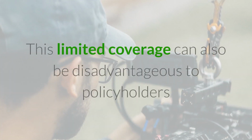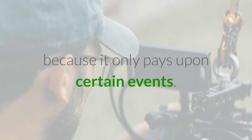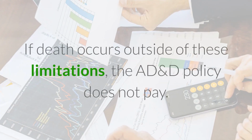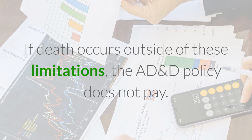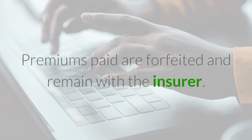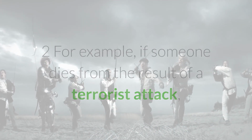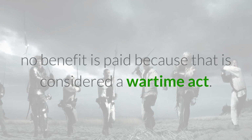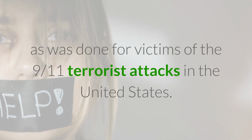This limited coverage can also be disadvantageous to policyholders because it only pays upon certain events. If death occurs outside of these limitations, the AD&D policy does not pay. Premiums paid are forfeited and remain with the insurer. For example, if someone dies from the result of a terrorist attack, no benefit is paid because that is considered a wartime act. Insurers can make exceptions to this, as was done for victims of the 9/11 terrorist attacks